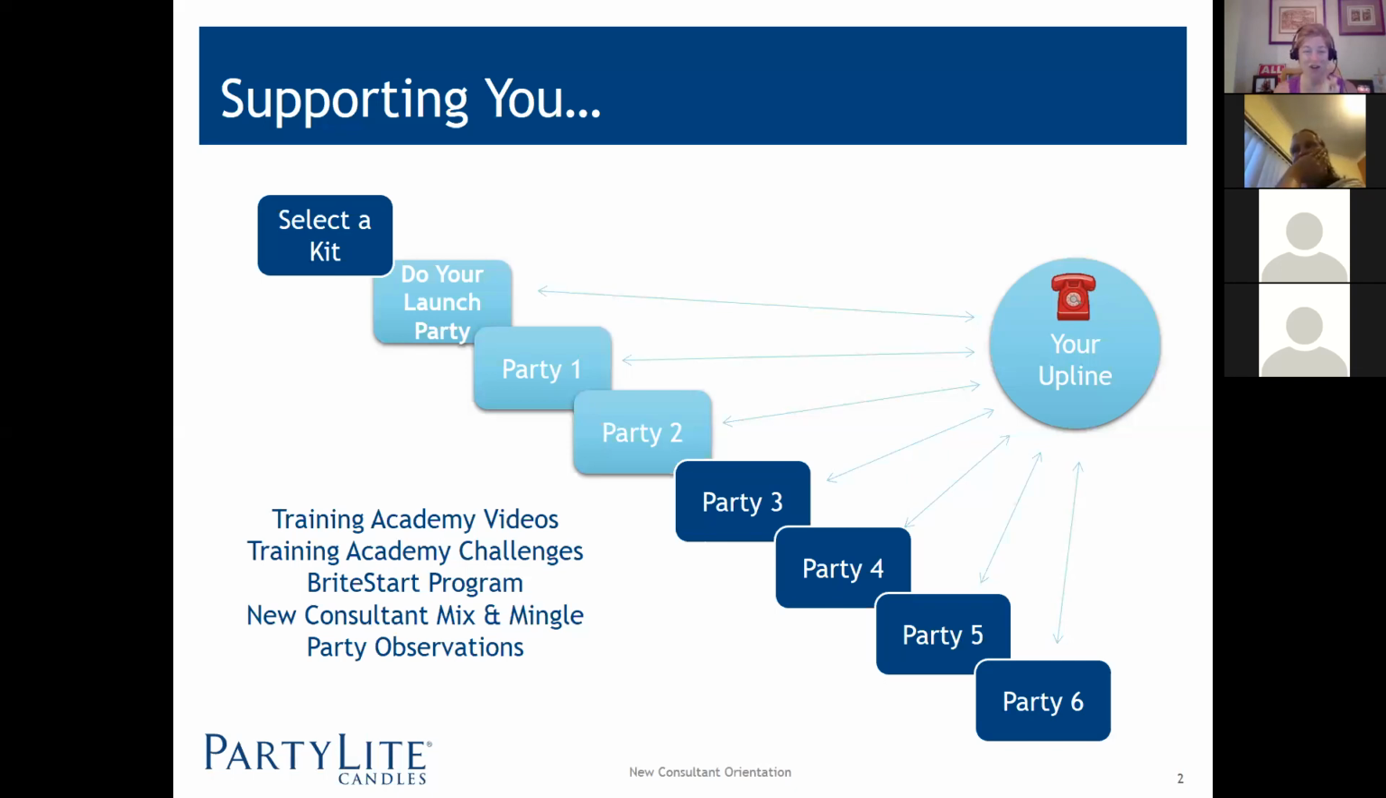Okay? So now that I've talked about those 5 lines in the bottom left, go back to party 1, party 2. We encourage you to set up 2 parties right away when you start. So if you haven't already set those up, it's really important that at your launch party, you get a couple of